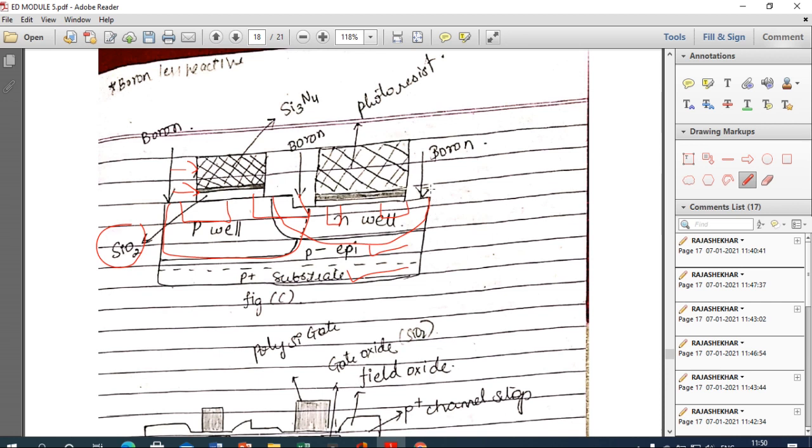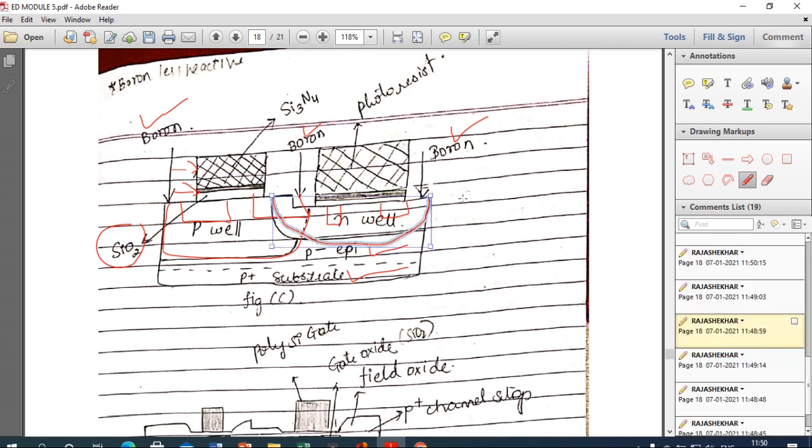Before that, I have shown here three boron materials doped into this P plus substrate, because the role of boron here is to create the edges for this P plus substrate. It will separate this CMOS by the edges. This is the first edge at the right side, this is the second edge at the left side, and this is the third edge which separates the P-well and N-well.